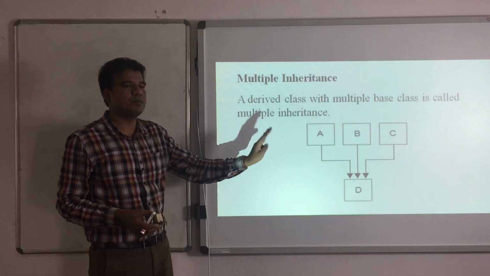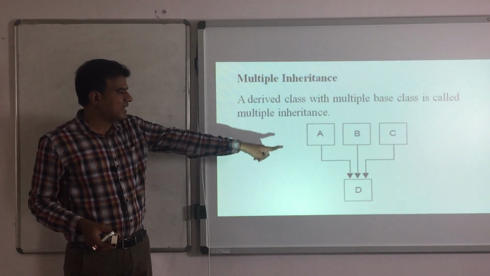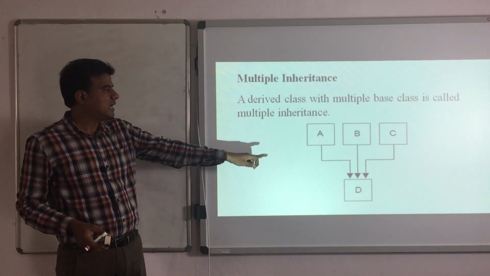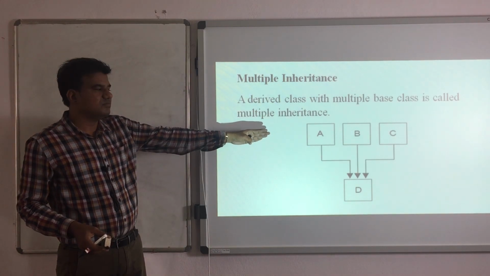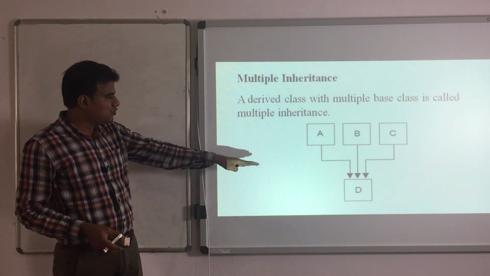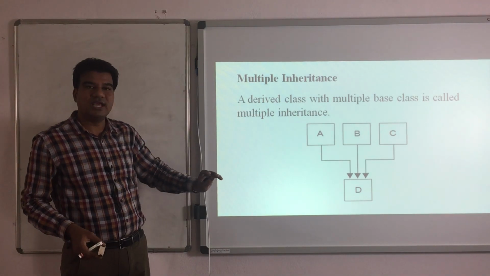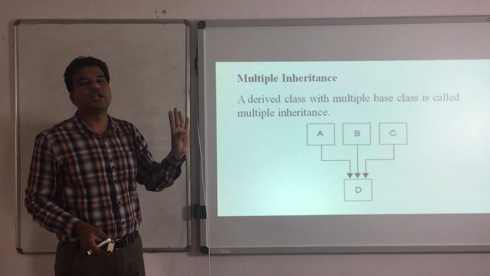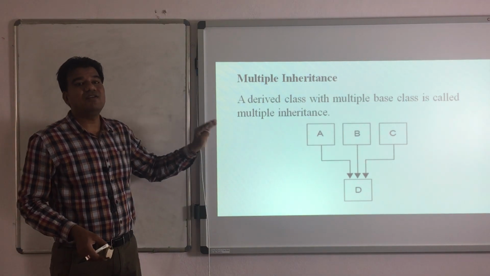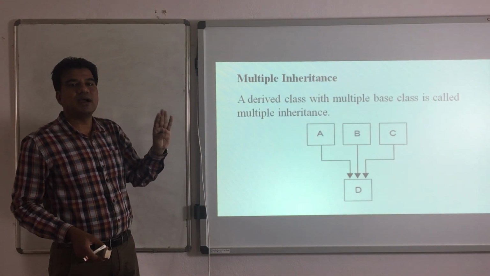As you can see in the graphical representation over here, I have class A, class B, class C, and from these three classes I am deriving class D. If the mode of inheritance of D class is public, whatever data members you are deriving from A, B, C into D, their access modifiers will not change. If your mode of inheritance is protected, whatever data members you are deriving from A, B, C into D, their access modifier will become protected because your mode of inheritance is protected. Lastly, if you derive D in private mode, then all your data members will become private.